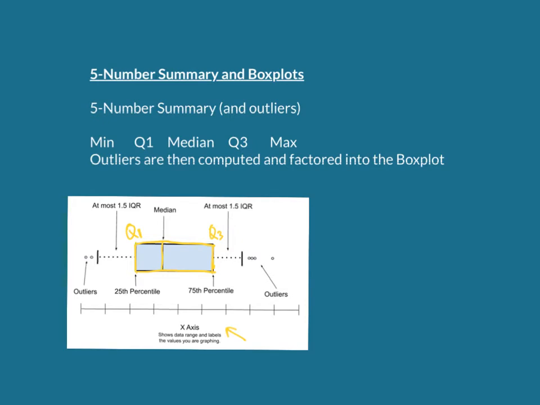Now from there, if we have any outliers, those are plotted. This data set has quite a few. And then we pick the next highest value just inside the outliers for the end of what are called whiskers. And then we connect the box to the whisker, and we do the same on the low end. We note any outliers, and we find the next highest value in this set that is not an outlier, and we mark the end, and then we connect that whisker to the box. So let's see an example.